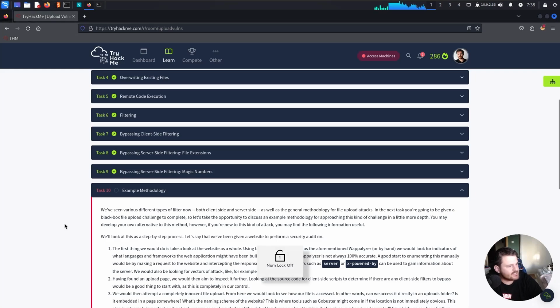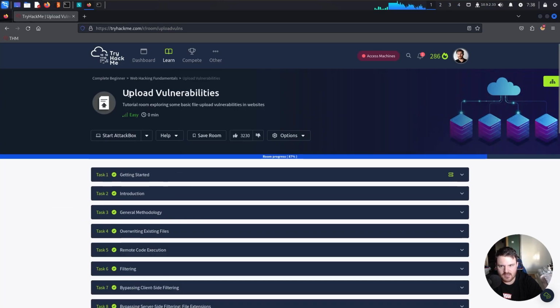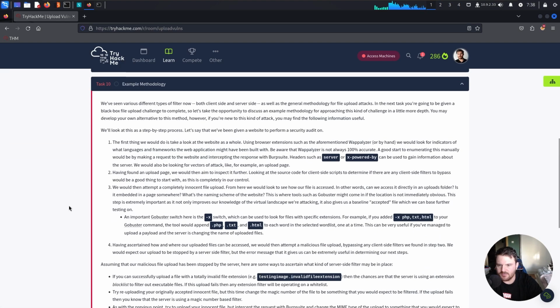Task number 10, example methodology, is part of the upload vulnerabilities module, which is part of the complete beginner path on TryHackMe. We've seen various different types of filter now, both client-side and server-side, as well as the general methodology for file upload attacks. In the next task, you're going to be given a black box file upload challenge to complete. So let's take the opportunity to discuss an example methodology for approaching this kind of challenge in a little